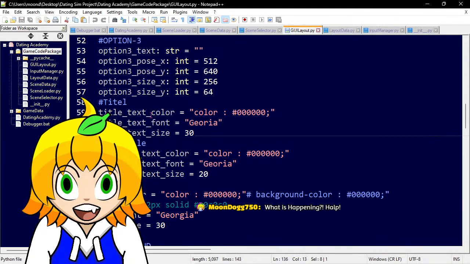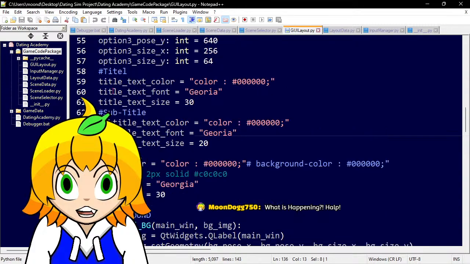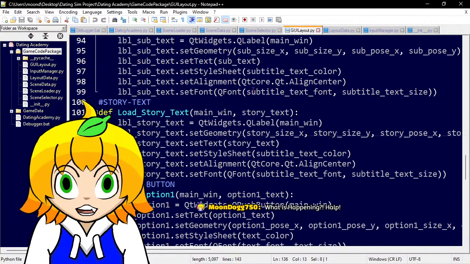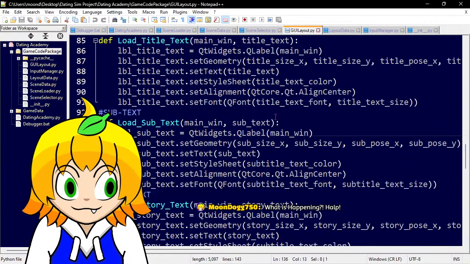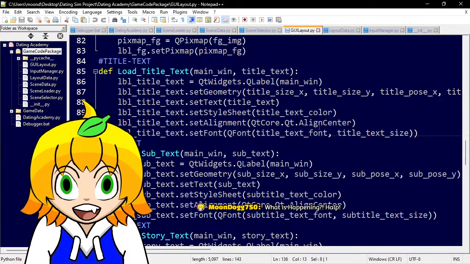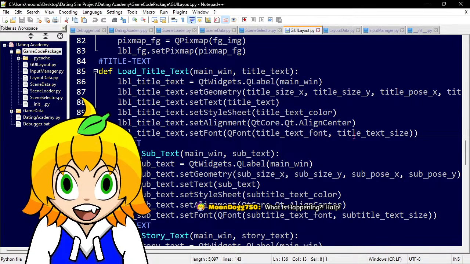So if you see title text color, title text font, title text size, and subtitles for those two, what we can do is go down to title text. Title, here we go: title color, title text color, title text size, positions, title text font, title text size. We got font and size and color.